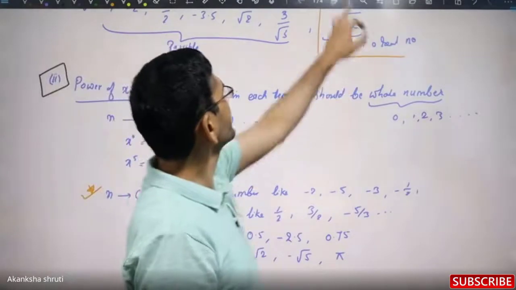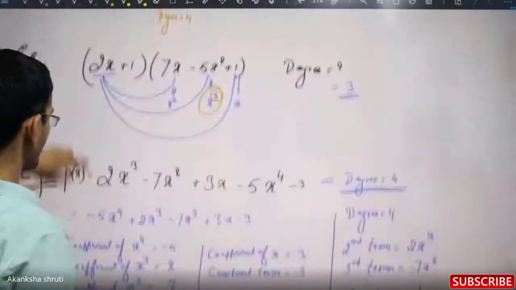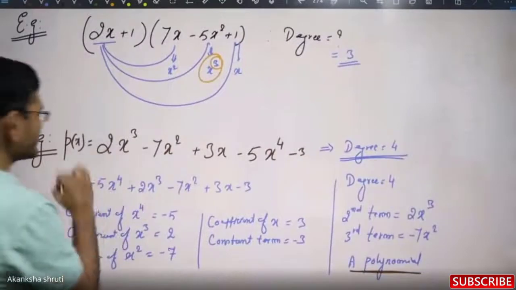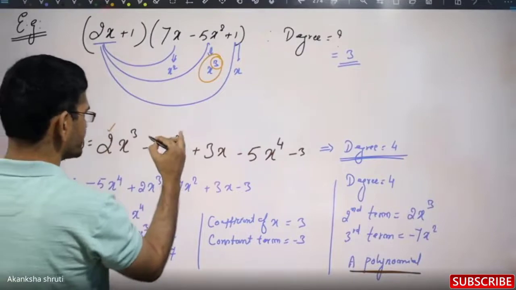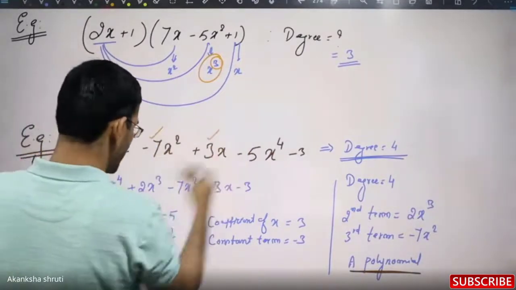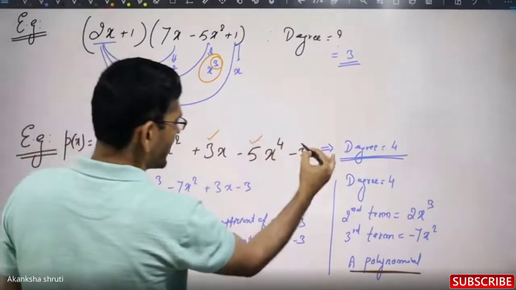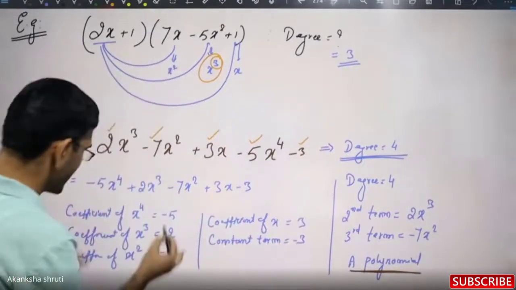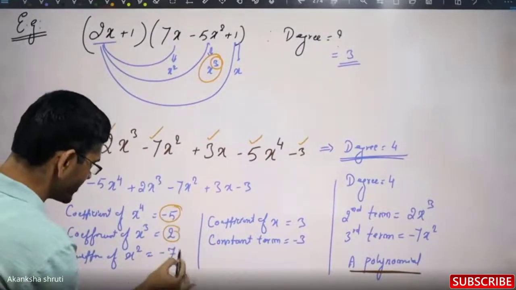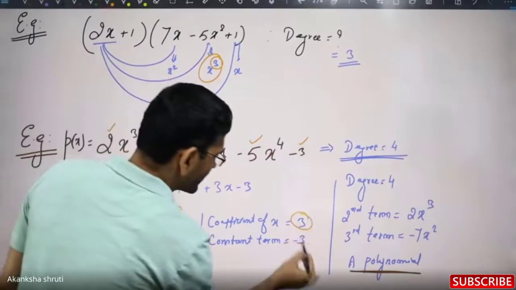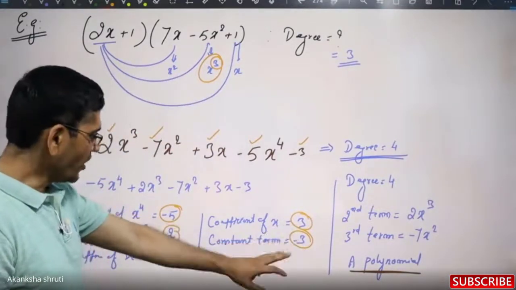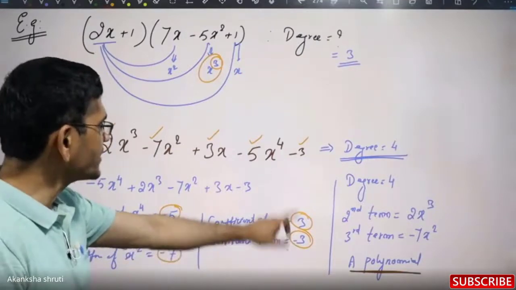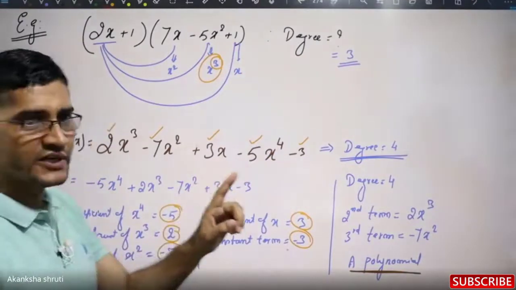Look, now we check this. These two conditions we have to check here, students. Right now here, what were the coefficients? You just focus over the coefficient. It is 2, it is -7, it is 3, it is -5, it is -3. Means we have already listed here the same thing. What we are observing, whether all of these are real or not? Yes, all of these coefficients and constant terms are real. So first condition is verified.